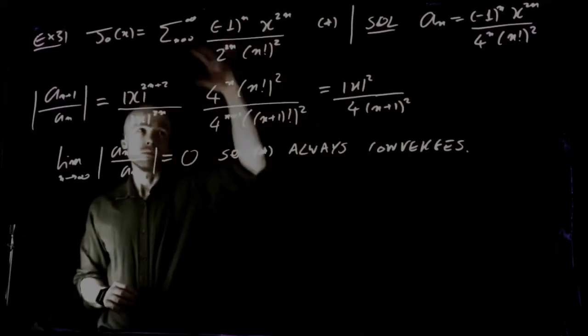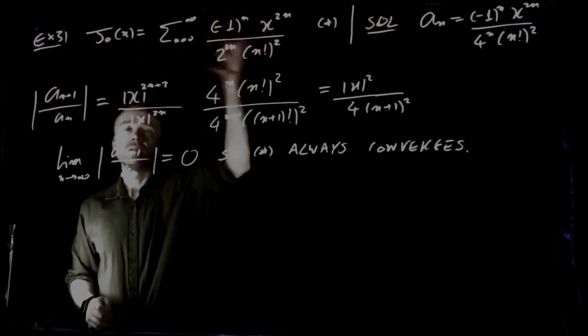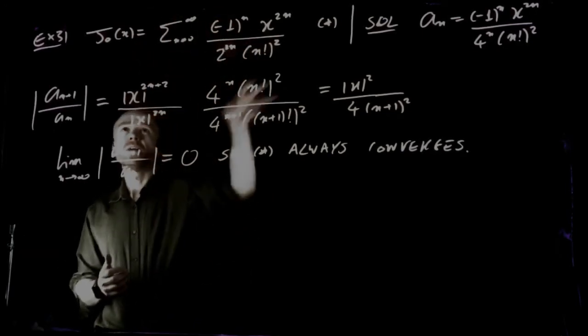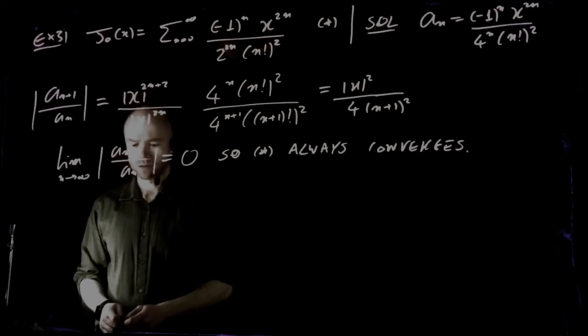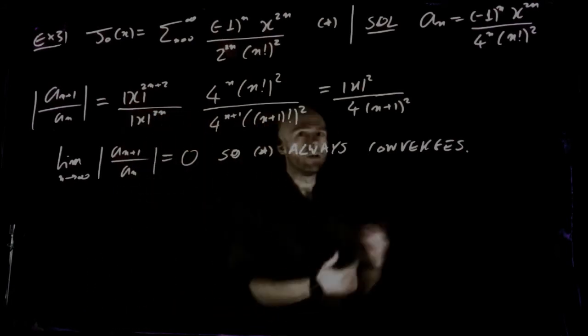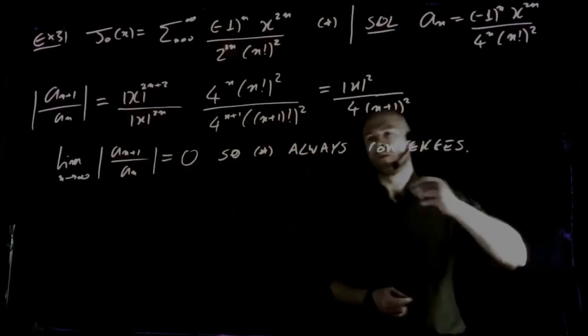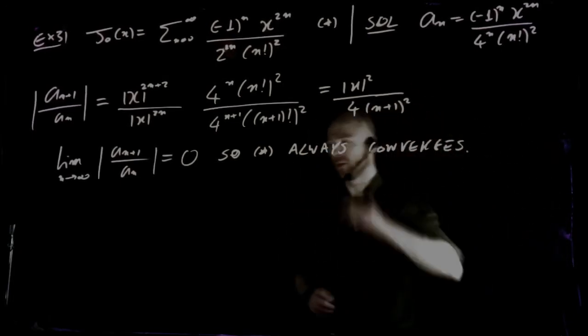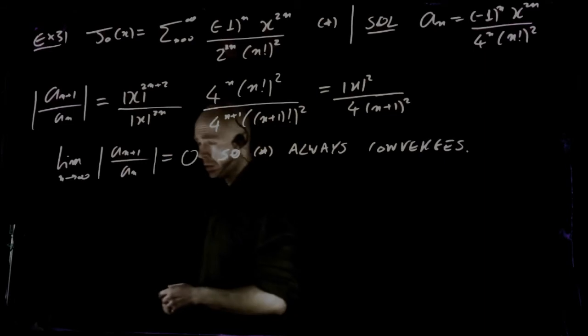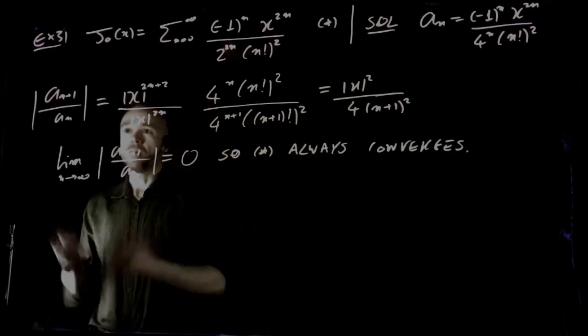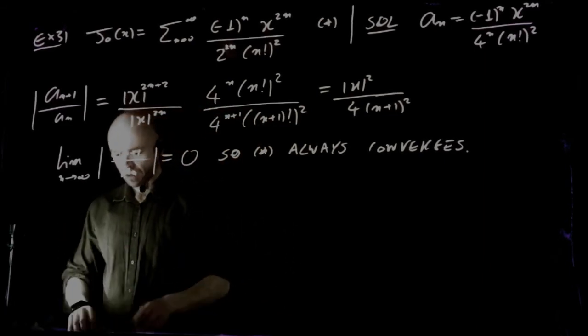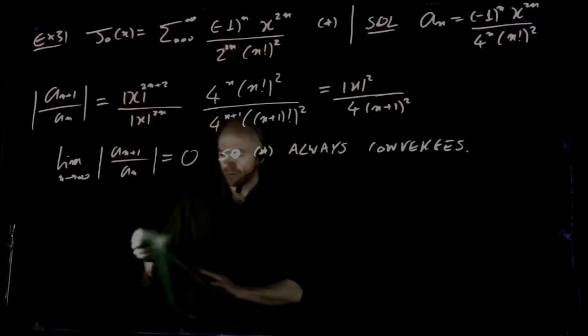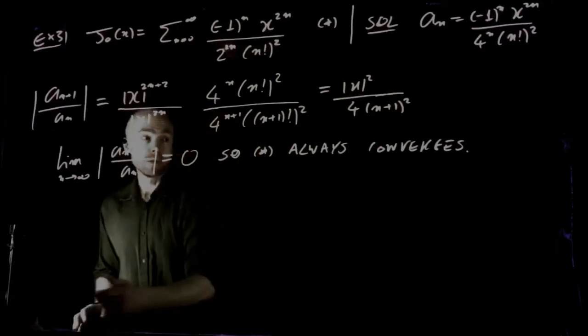This thing, think of as a function defined in terms of x, and it's defined for every single value of x. The previous example, it was only defined for x between 2 and 4, where 2 was included. And the first example only made sense at x equals 0. So we have a general result,